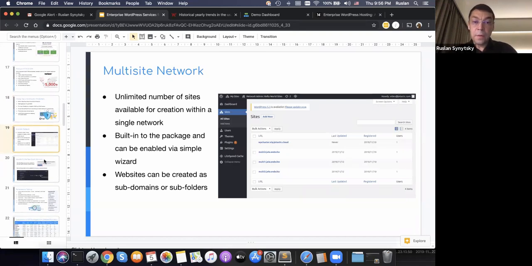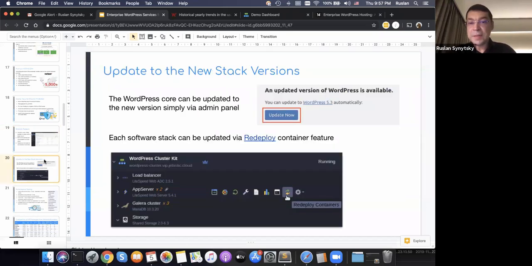So good, let's imagine we have the cluster, we are running this, and in months we have an update. What to do? There are 2 ways to update the cluster. First of all, we need to think about how to update WordPress core. The update process is quite straightforward, so you don't need to do anything extra as usual. You go to the WordPress admin panel and press the button update now. That will update your WordPress core.